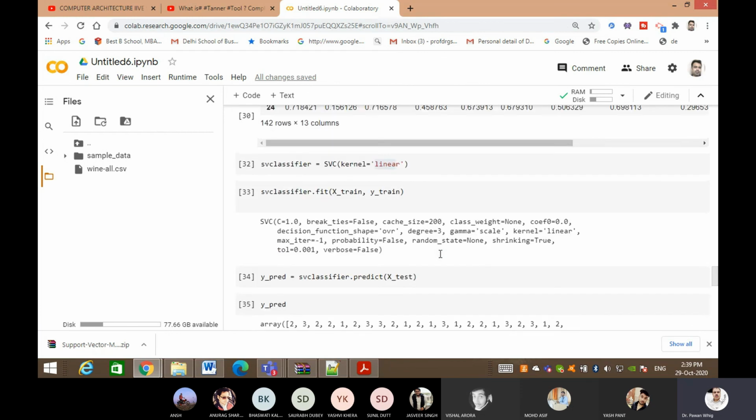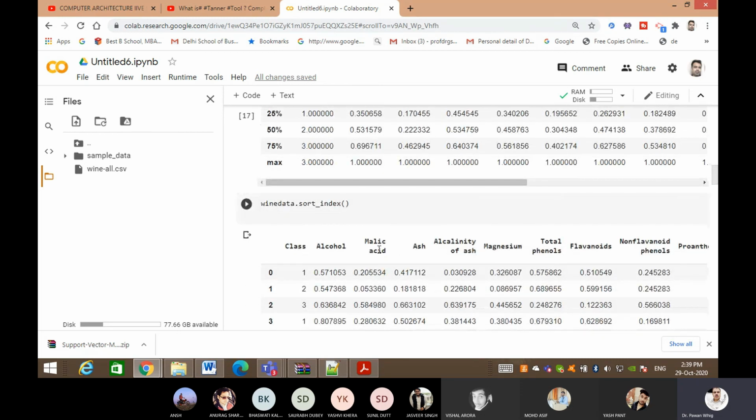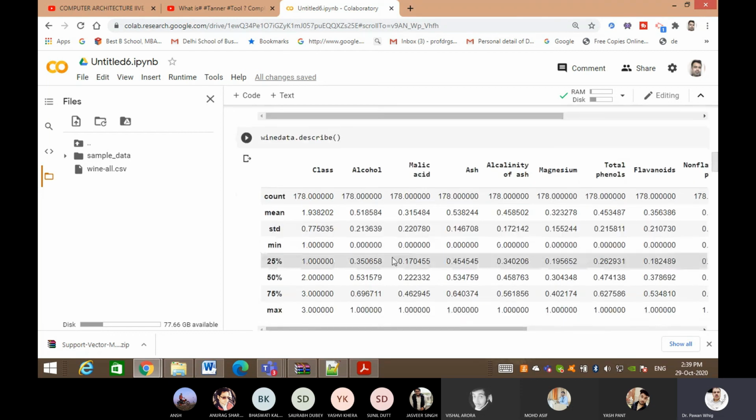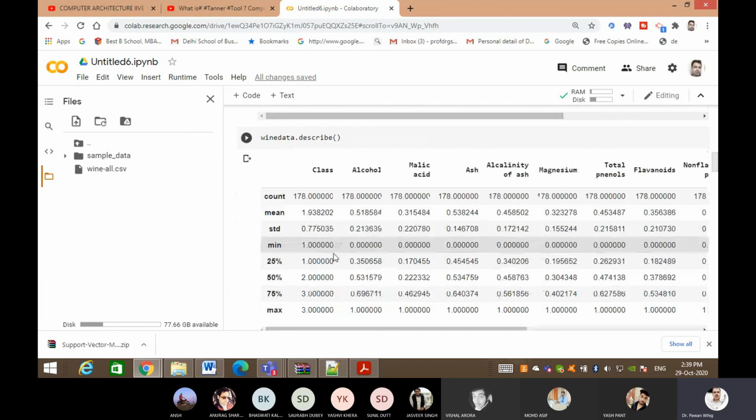I request you all to perform these practicals on your own, and add some more data analysis commands over here. Not only what I mentioned here; I am not generating graphs or histograms here, but I request you all that whenever you do it, you should add those commands over here, and this is how your practical has been done. So you do it. If anybody has any queries you may ask me, otherwise I will post this.